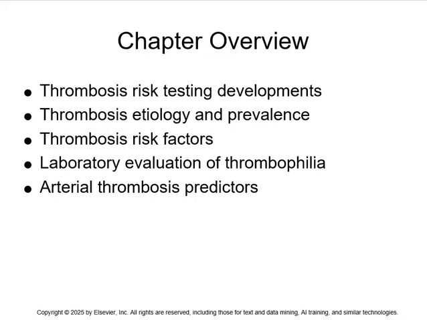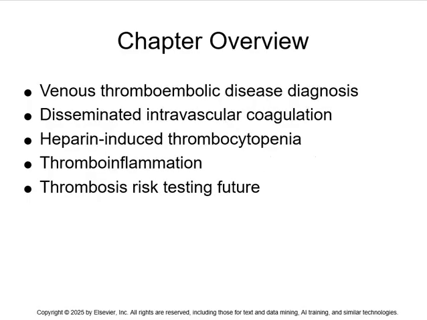So we'll go over the thrombosis risk and testing that's done for it, what causes it, how often it happens, what your risk factors are, how we determine what thrombophilia is by laboratory evaluation, and arterial thrombosis predictors. Plus, we'll get into the venous side of it, DIC, HIT, thromboinflammation, and the future of all the different testing